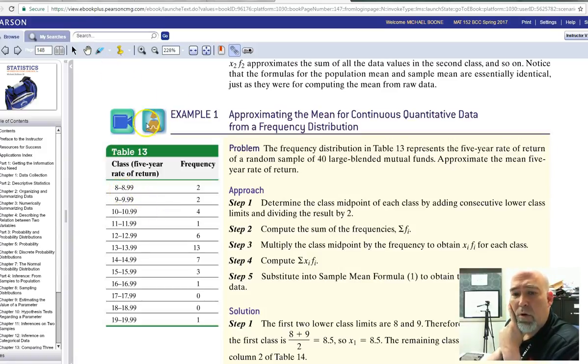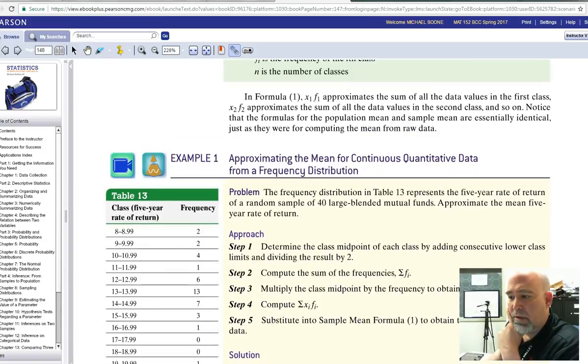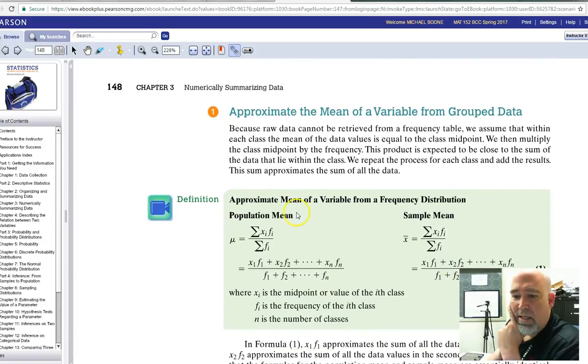And what we're going to do with those is take each average and multiply it by its frequency. So how many times did it occur? And then we're going to sum all of those up, and then divide by the sum of all the frequencies. So if we look at one of our problems from the text,